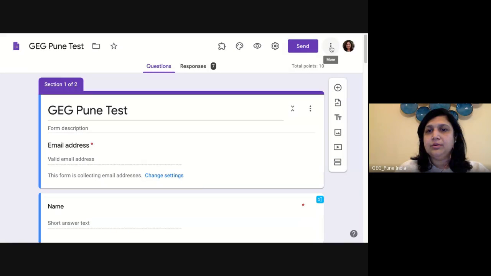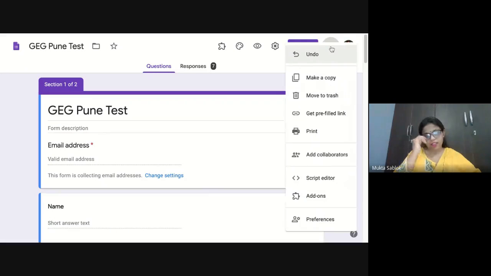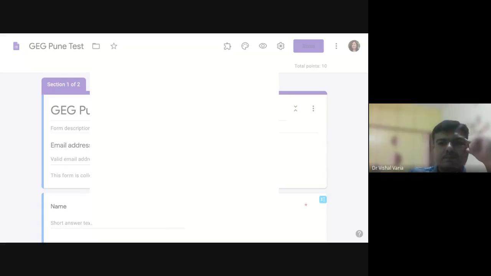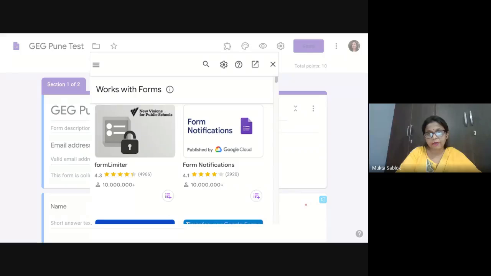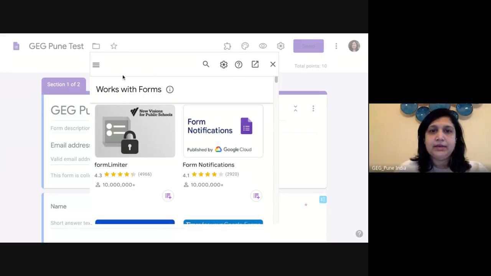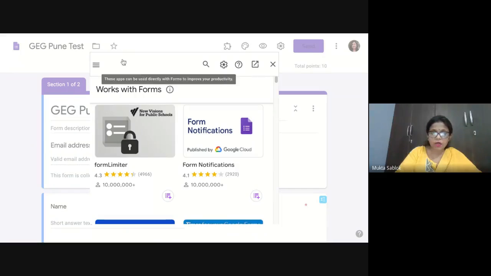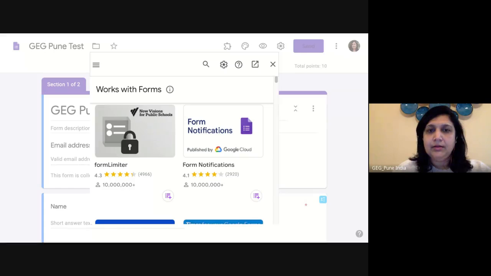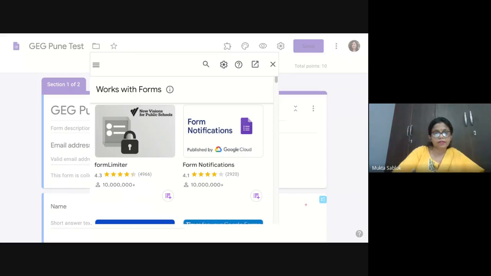Okay, so I go to these three dots. Click on the last option, add-ons, and then we have timer. So should I search for timer? Yes. You have to search timer plus protector. You can search it in the search box where it is written form with timer works. Timer plus protector option is there, which works better.